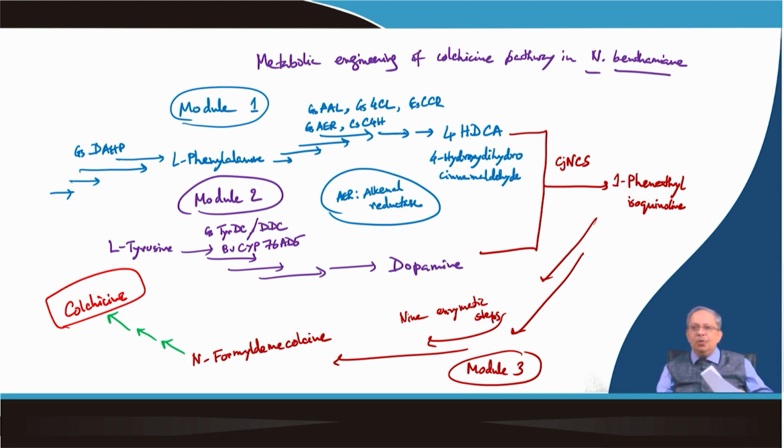So, this is really a wonderful work, and that is why this paper was published in Nature. So, we have to wait for a few more years when the penultimate and ultimate enzymes will be characterized. So, that the whole colchicine can be produced, and at that time maybe de novo colchicine in yeast, such interesting papers will come out in years to come.